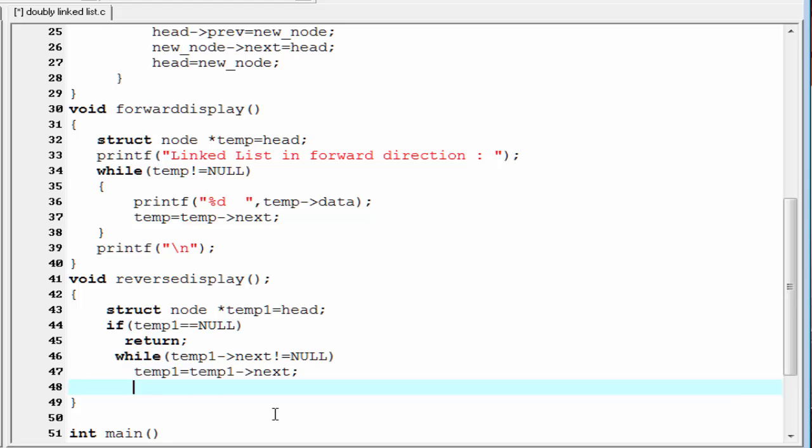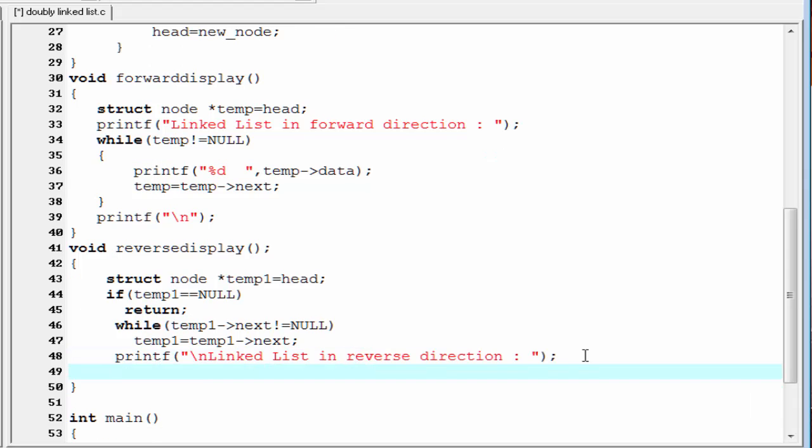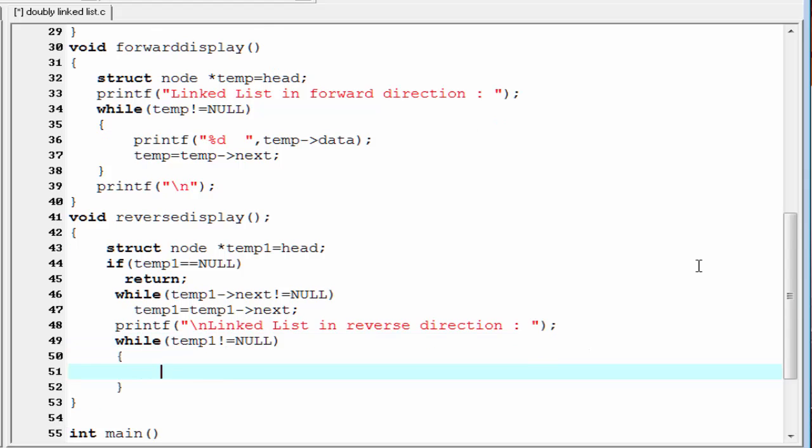After reaching the last node, we traverse in backward direction. Printf linked list in reverse direction. Next I am going to write here a while loop, while temp1 not equal to null. Until we get a null value, we will continue to print the value of the node.